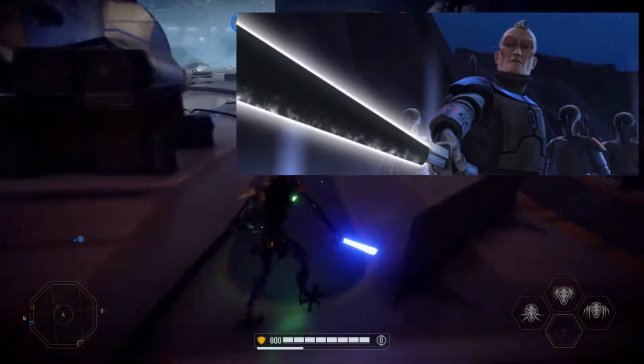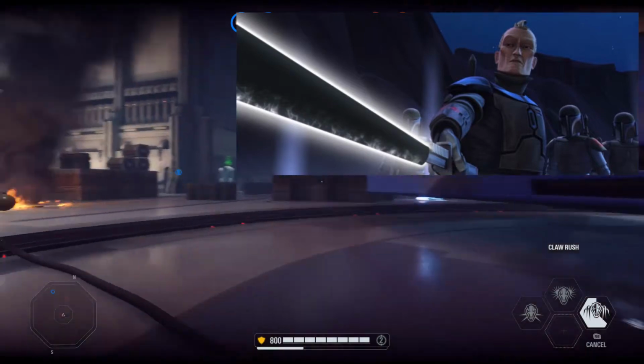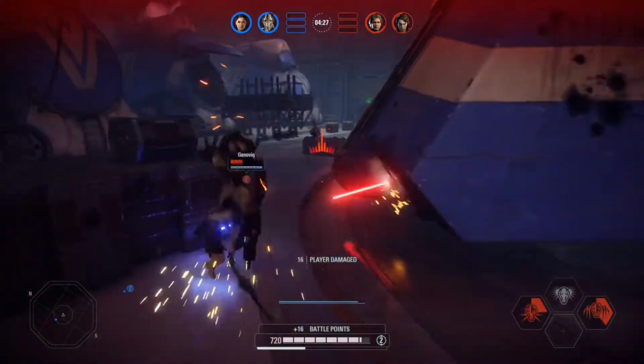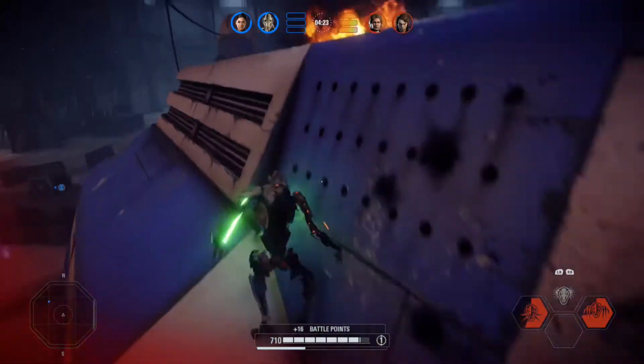So for Pre Vizsla, 3 abilities that would be really cool right off the bat would be his black sword, his black saber sword. Now, I don't think they'd make that his main weapon, so I think making it maybe a 30-second ability, 10, 15, 30 seconds, whatever it would be, and making it just like a lightsaber would